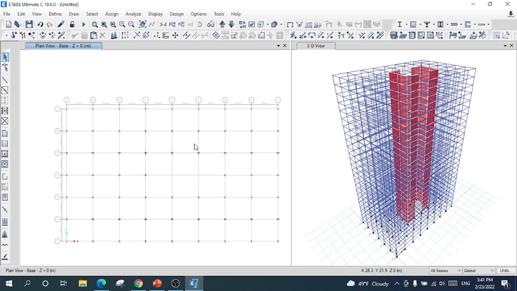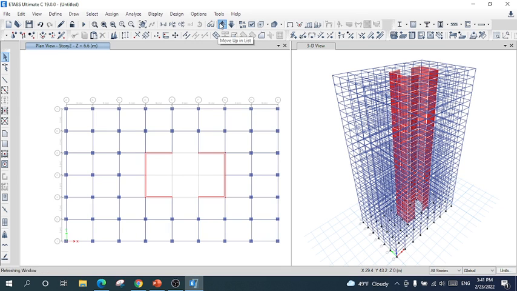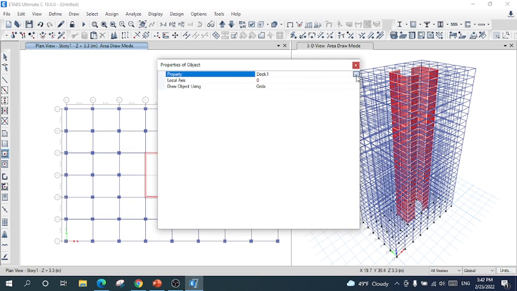You see here each and every story has columns, beams and shear walls. Now I will select this one, quick draw floor wall, and I will use opening,